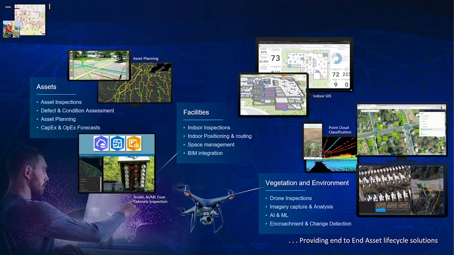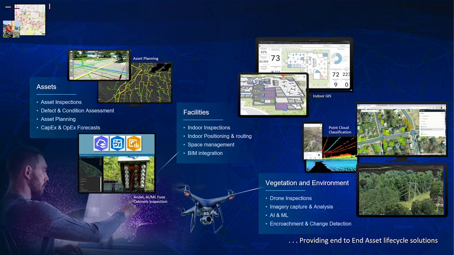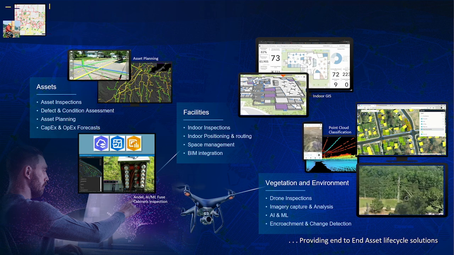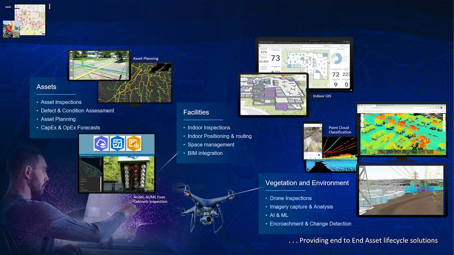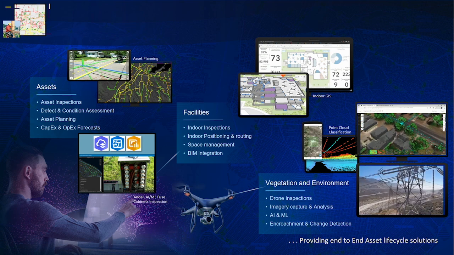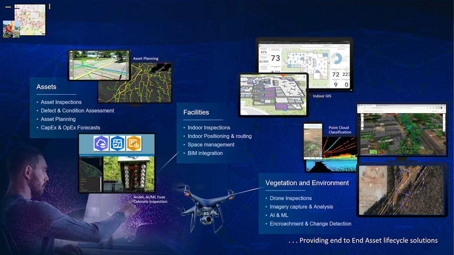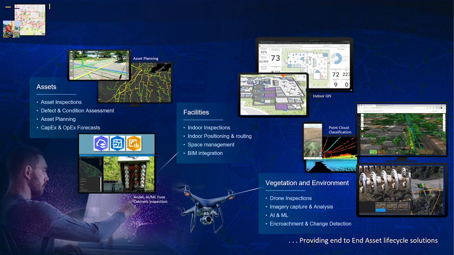So examples of the operations twin is the asset management, for example. Asset inspection is one of the most crucial points in the infrastructure. You need to know how your assets look, when they are supposed to be decommissioned, when the new assets are coming in, and all of the things. And there are many different solutions you can put in place to help you do just that.